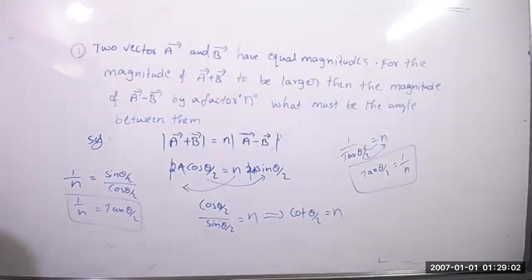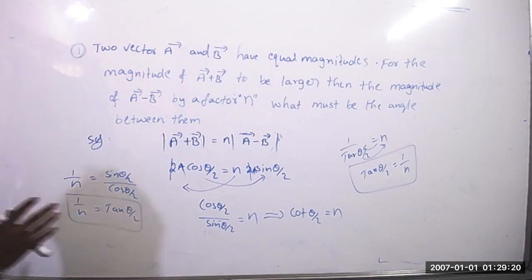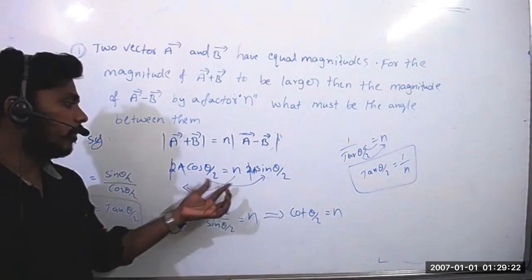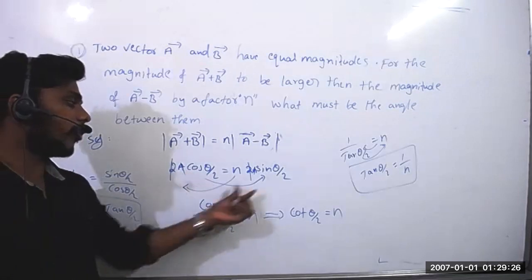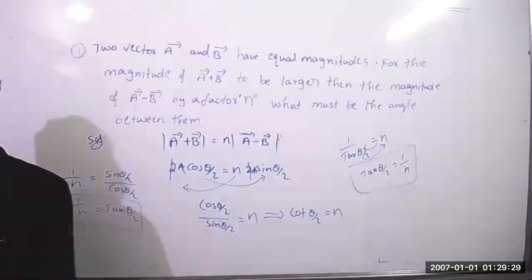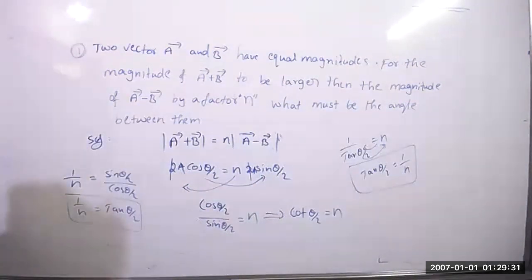So unless they ask, if they don't tell you anything like write in terms of tan theta, can we leave it as cot theta by 2? Yes, definitely. If they give options in terms of tan theta, then definitely you should find this. If they give options in terms of cot theta, you can go up to cot theta and leave it. But both are the same, just one step. If you send sin theta this side, it will become cot theta. If you send cos theta that side, it will become tan theta. That's all. This step will decide. Clear?